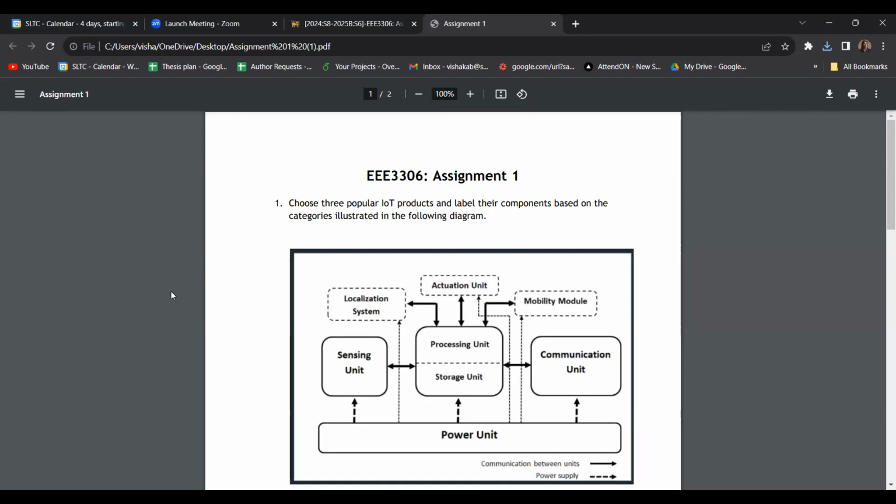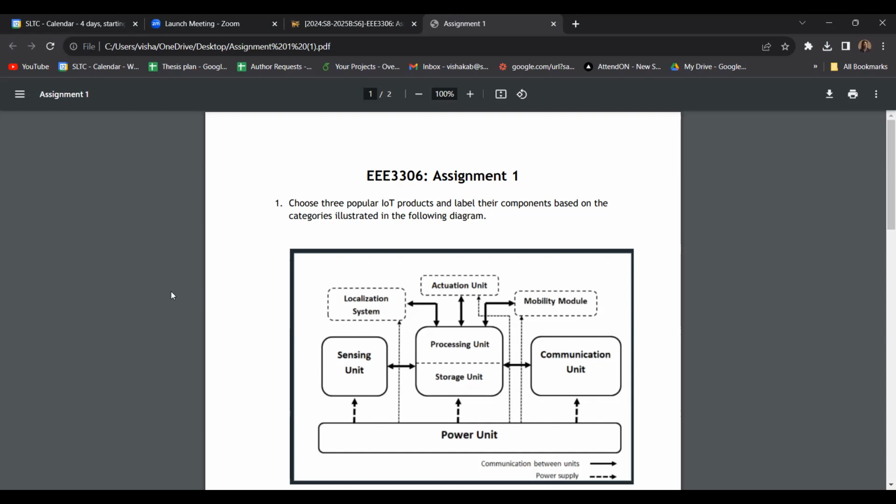Communication means the Wi-Fi, no? Then the localization system, what does it mean? Localization means whether there is some kind of GPS system used to find the position of the IoT device. It is optional; sometimes there might not be one, though most devices might have it. If they have it, you can label it.